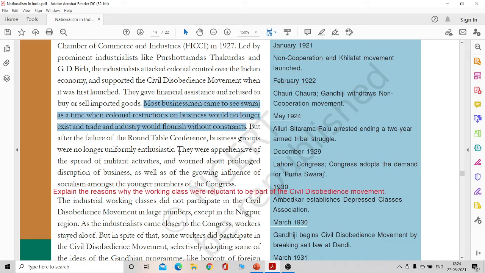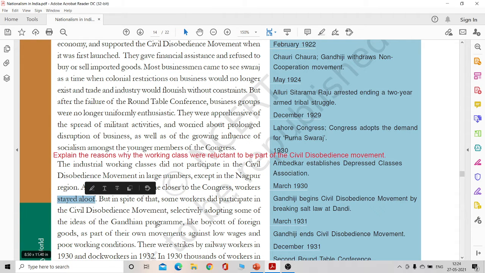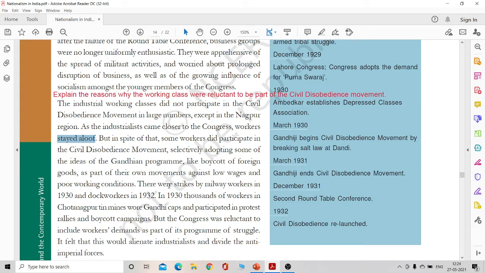However, again, at the same time, we see that the working class, for them, it did not matter whether the business class were getting rich or not, because their position of being oppressed remained the same. That is why when the industrialists were getting closer to the Congress, the workers stayed aloof, because what the workers demanded was higher wages, which again was against the interest of the business classes. They did not want to give higher wages to the workers, and that is why we see that the workers did not